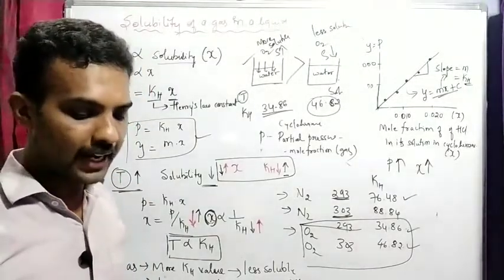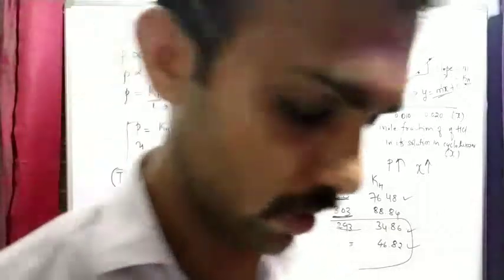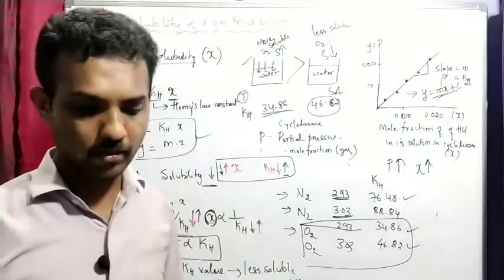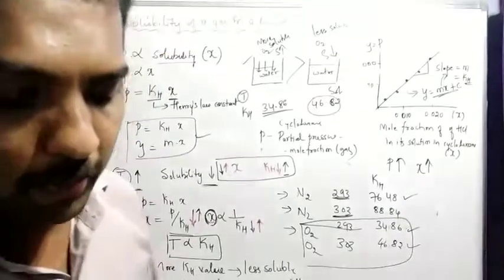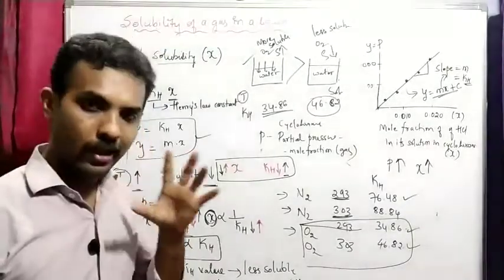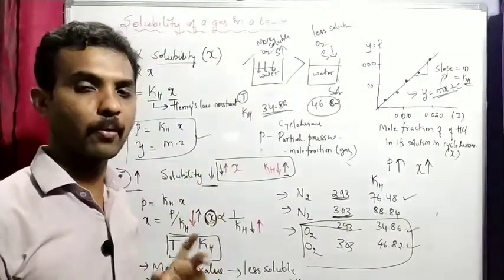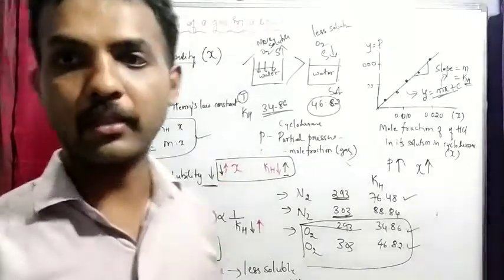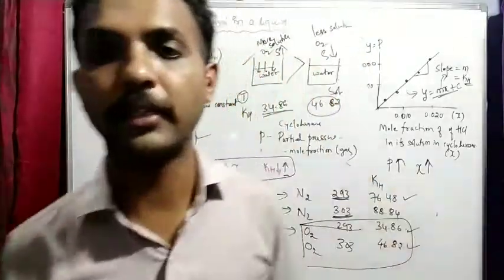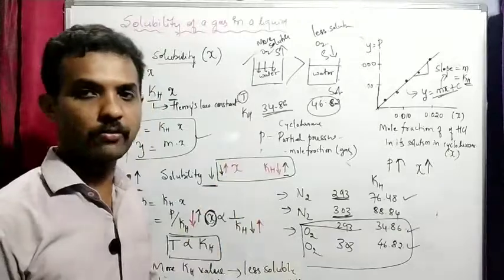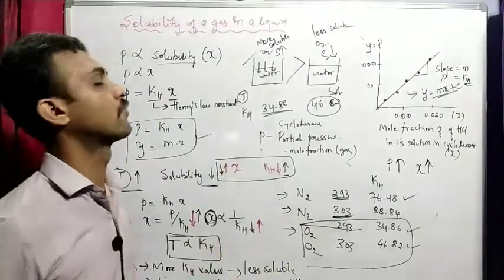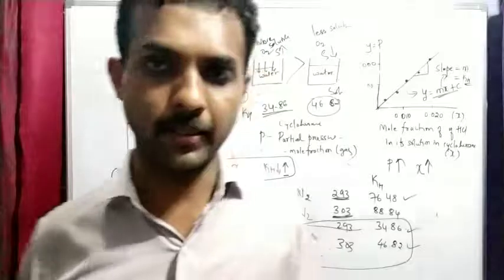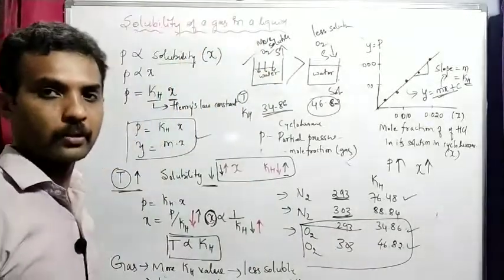After that, see who all live at high altitude, or who climb trees, so tree climbers may be there. So what happens to them, what are the problems they are facing, right? For this, scuba divers as well as the people living at high altitude, and the preparation of soda water. So these are the applications of Henry's law, and we will learn those applications in detail in the next session. Okay, let's take down this